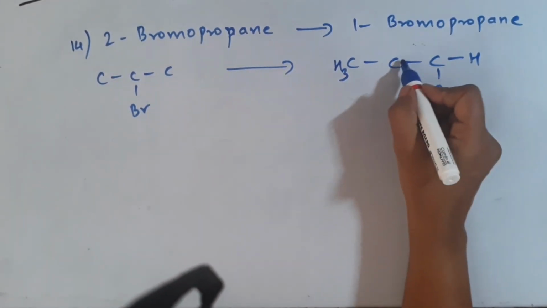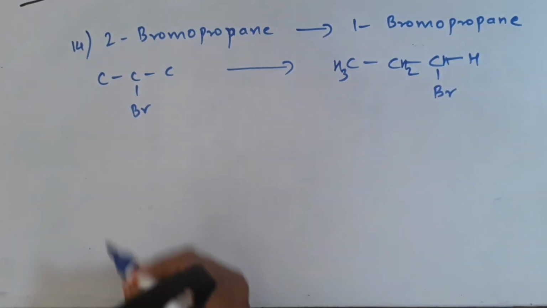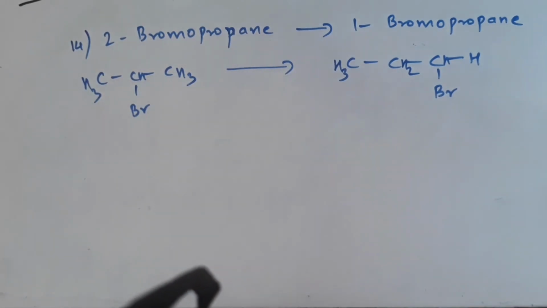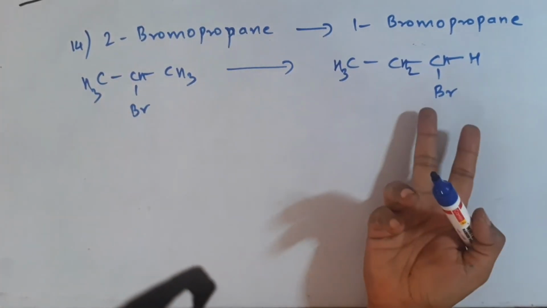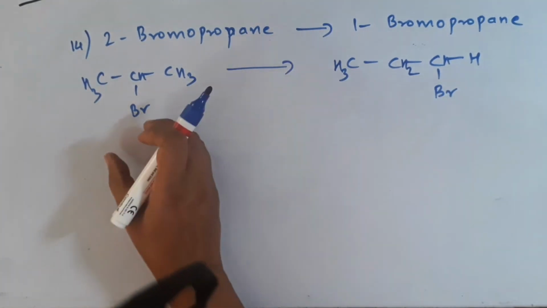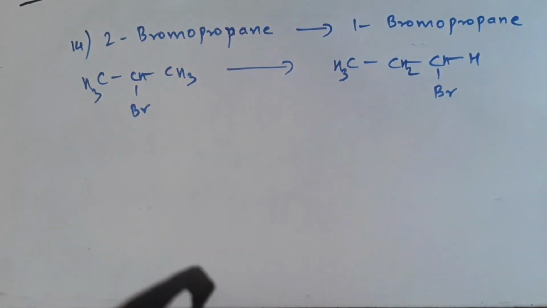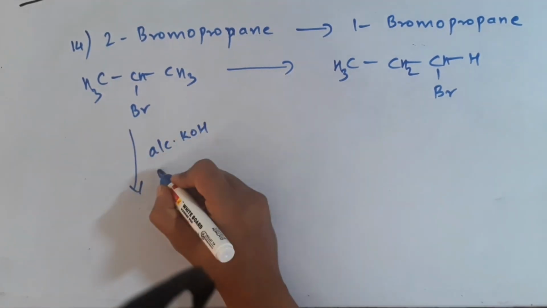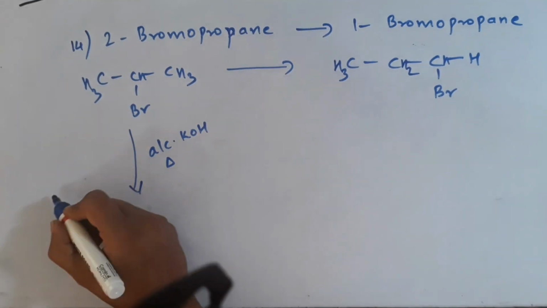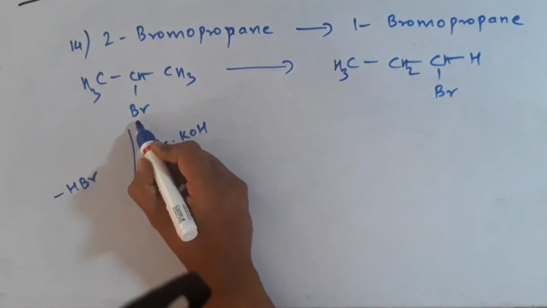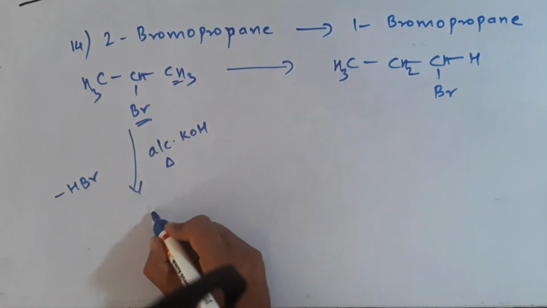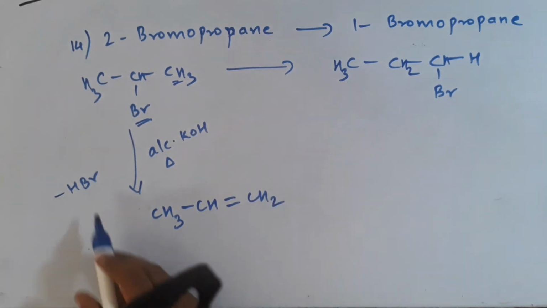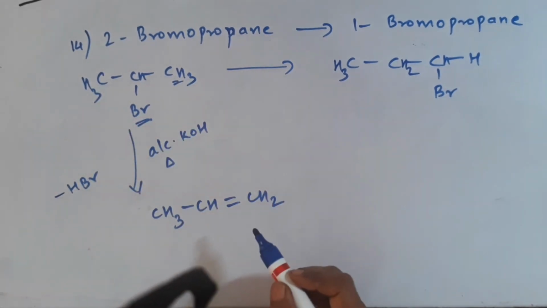So look at this now, CH3, CH2, CH2, Br, and this is CH3, CH, CH3, and this Br. Now it's simple, the number of carbon atoms is 3, here also 3, only we have to pick up the bromine from here, remove the bromine, and again attach the bromine. How to remove the bromine? Yes, we know alcoholic KOH we have to use if we have to remove something. And what do we remove here? We remove Br and H. Br from here and H from here. So we will get CH3CH double bond CH2. Okay, the Br and H have gone. This is called beta elimination.